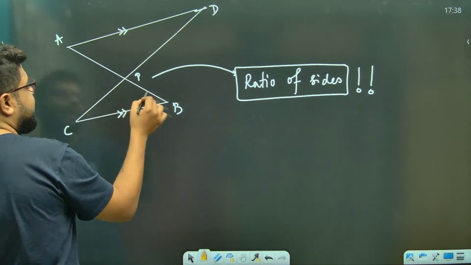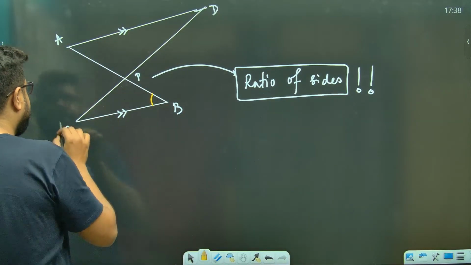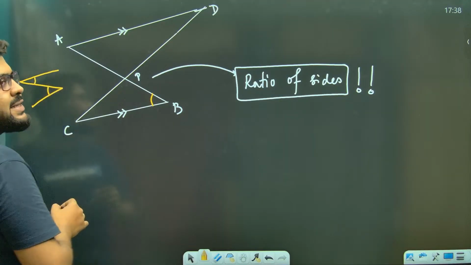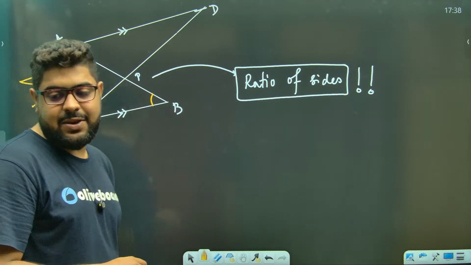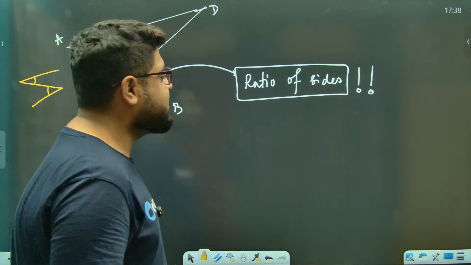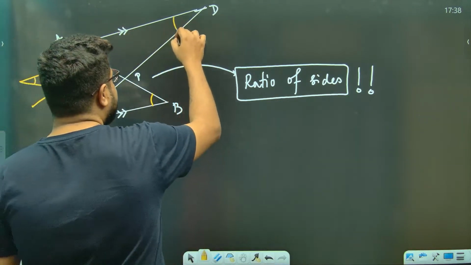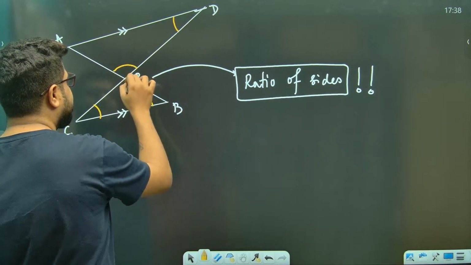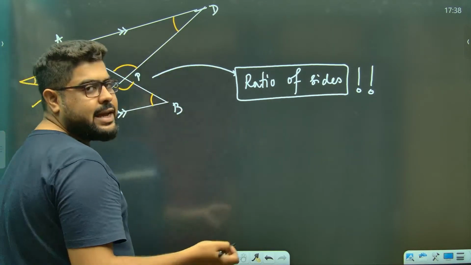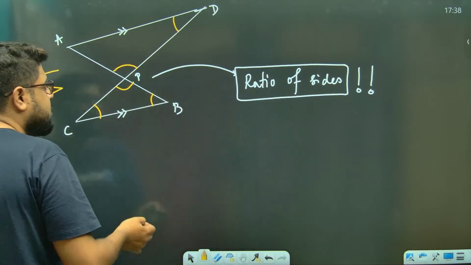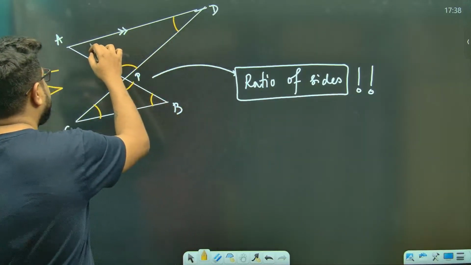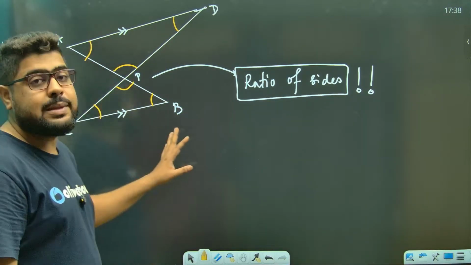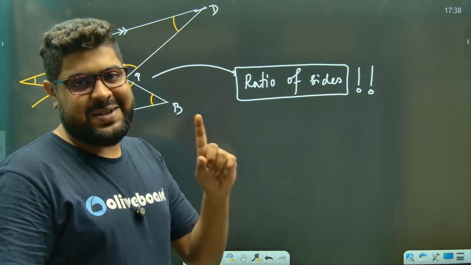Sir, this angle is equal to this angle. Why? Because Z is forming, sir. Z में these two angles are always same. Alternate angles. Alternate angles I've told you guys. Similarly, this is equal to this Z. Or you can say, sir, this is equal to this, vertically opposite angles. Anything goes. So ultimately, at the end of the day, the conclusion is these two triangles are similar, but with